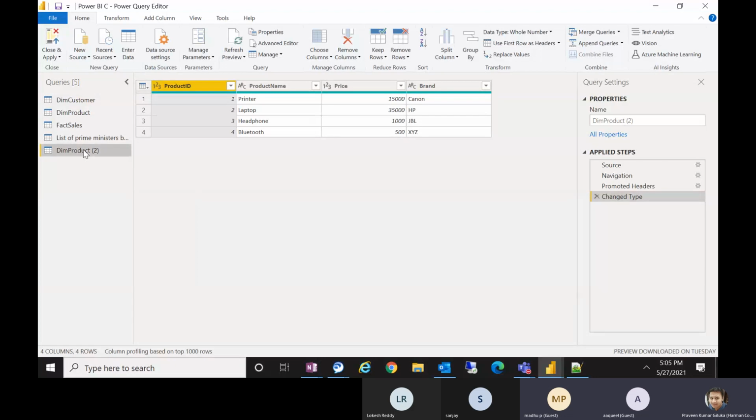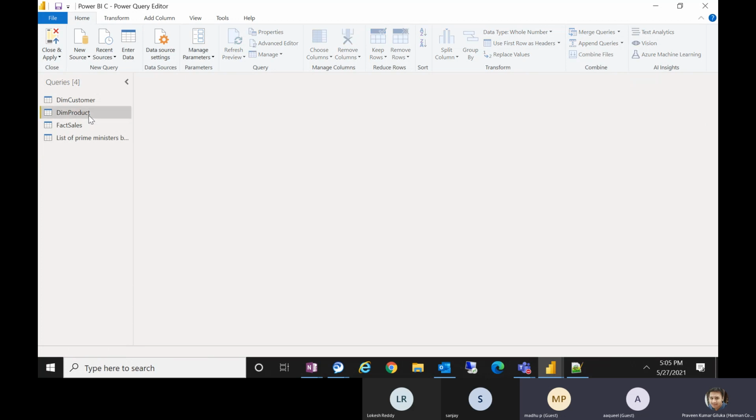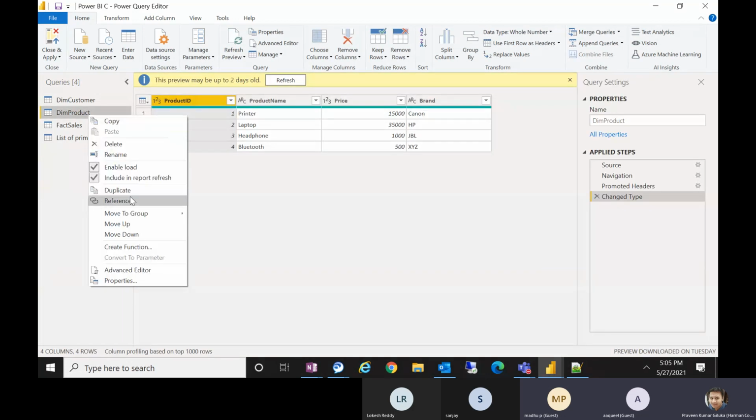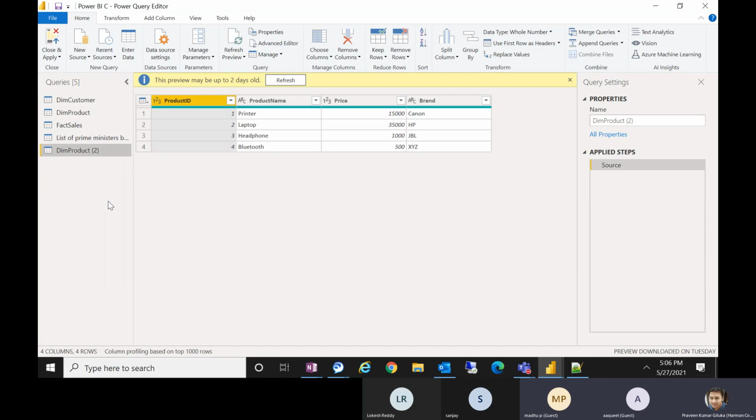Okay. Now I will delete this dim product table. Now what I'm going to do, I will click on this dim product, and previously we used duplicate, right? Yes. Now instead of using duplicate, I will click on reference. Now I have clicked on reference. So this particular reference table has been created, right? Yes. Now if you see, both the tables are still having the same data. There is no difference,